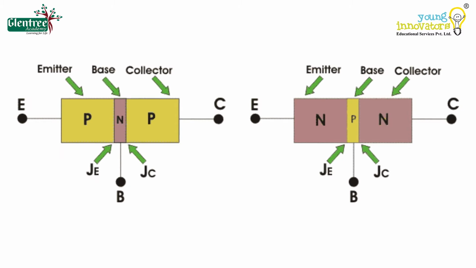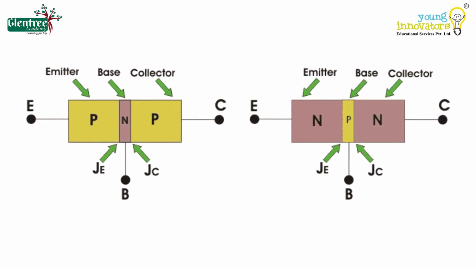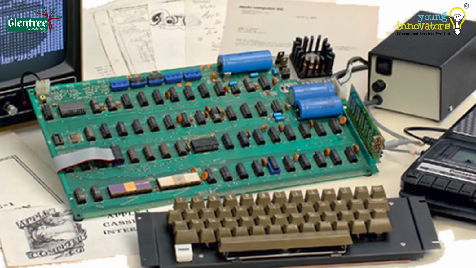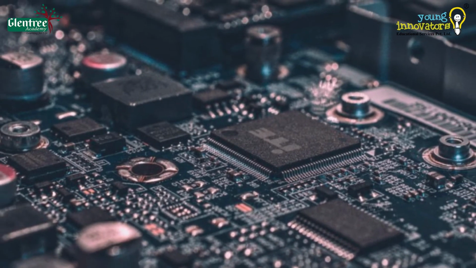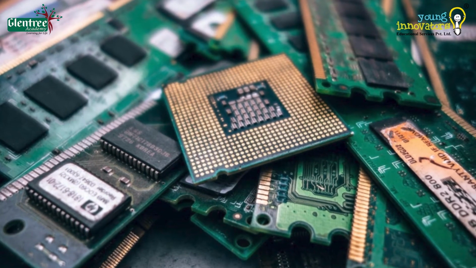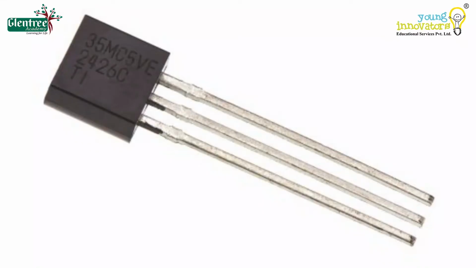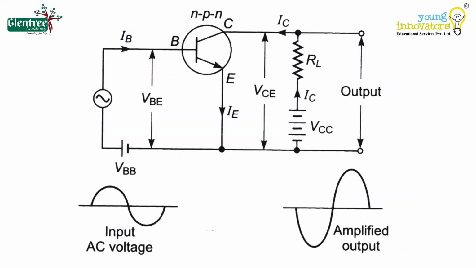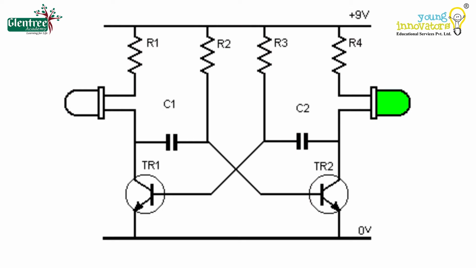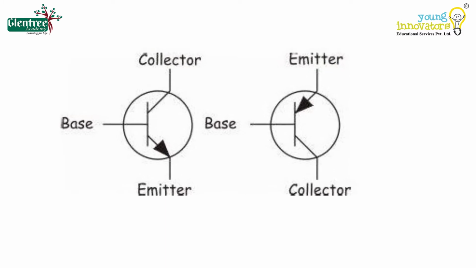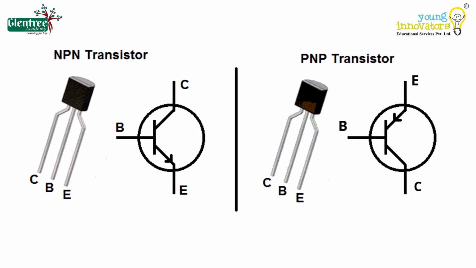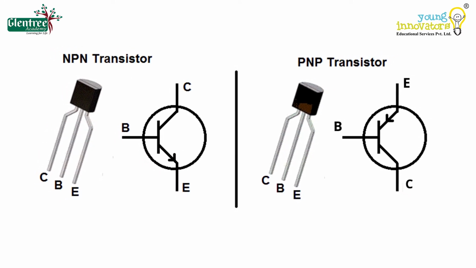Bipolar junction transistor circuits were the main active devices of a generation of mini computers. But now, most of the computer systems use integrated circuits relying on field effect transistors. Bipolar junction transistors are still used for amplification of signals, switching, and digital circuit applications. Moving further, we get two types in a bipolar junction transistor, that is a PNP transistor and an NPN transistor.